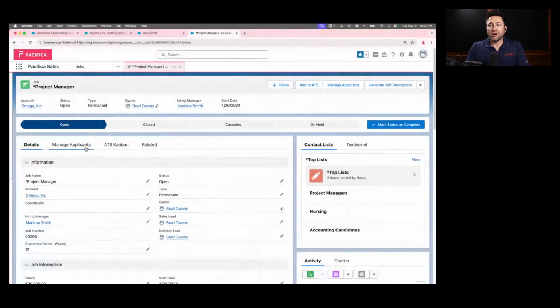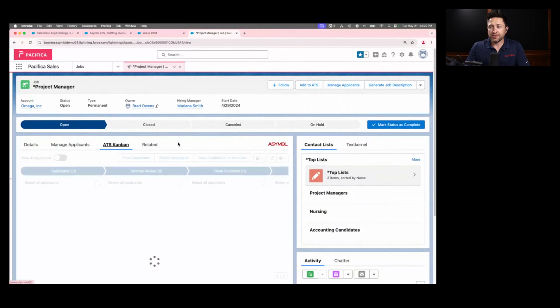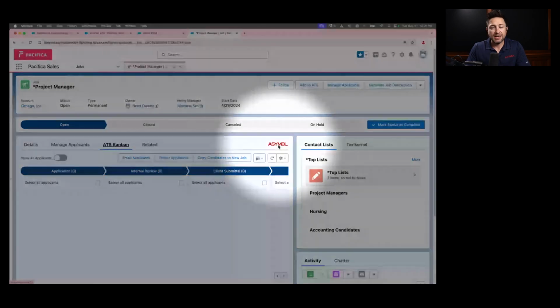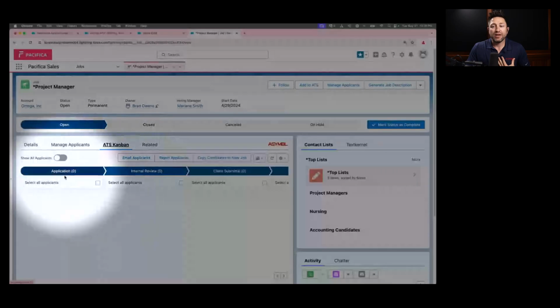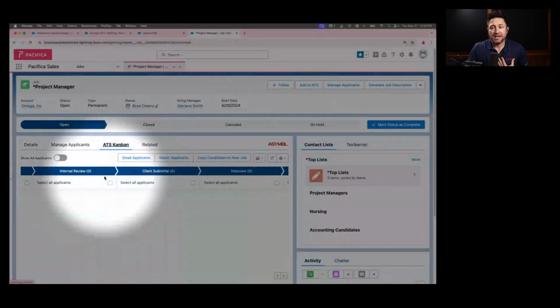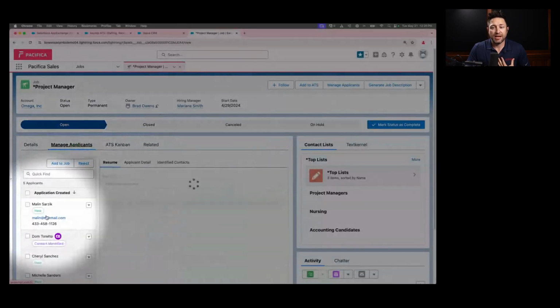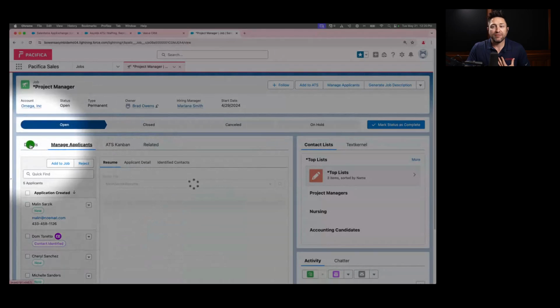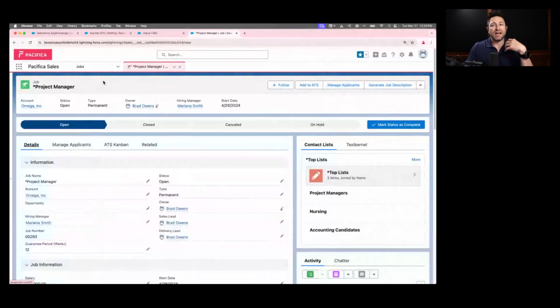So this is all powered, and I'll show you once we go into this Kanban view, by the Asymbl ATS. Remember the Asymbl ATS app that I showed you? So the Asymbl ATS from the AppExchange was installed into my environment, and now I have the Asymbl app in here powering all of my recruiting. So I've got this Kanban view, I've got the ability to manage all the applicants that have come through, I've got all the details that I can collect on this potential job here. So I am now powering this internal experience